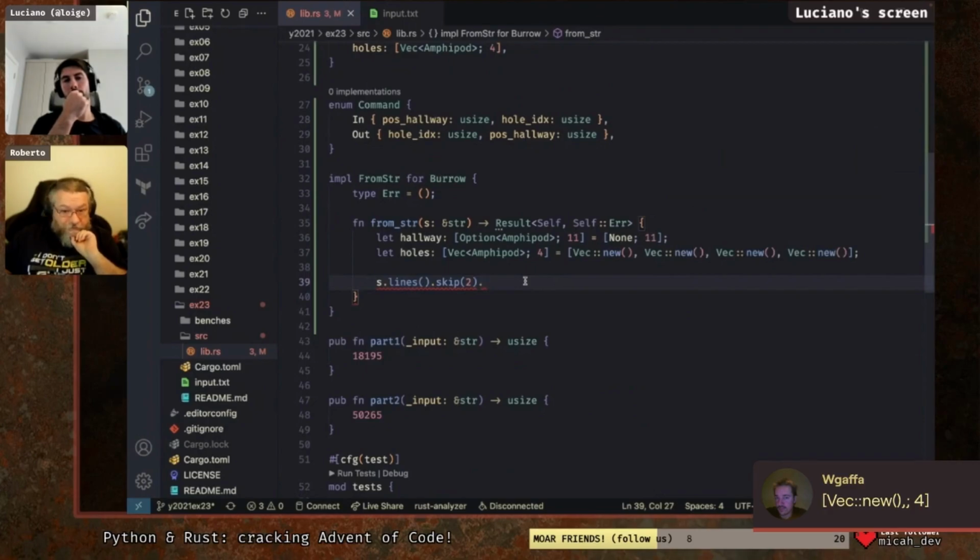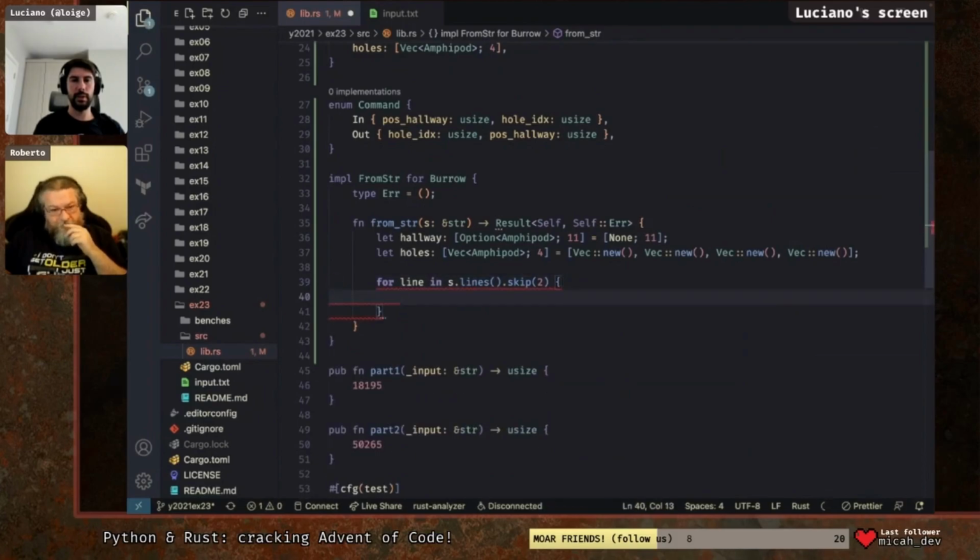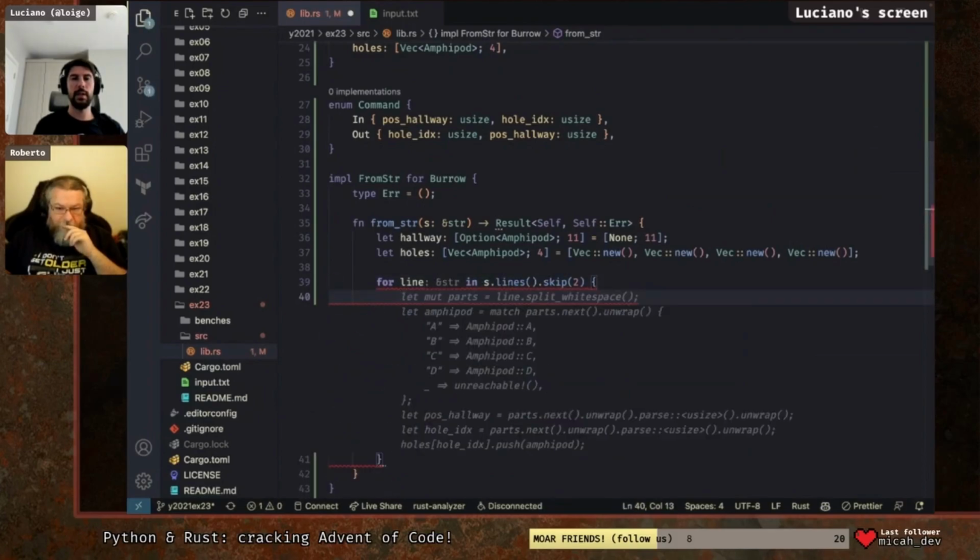There is each, or we can just do a regular for. Do we need an enumerate? No, it doesn't matter. Push. So we have for line in this, right? That should be it. And then basically what we do is